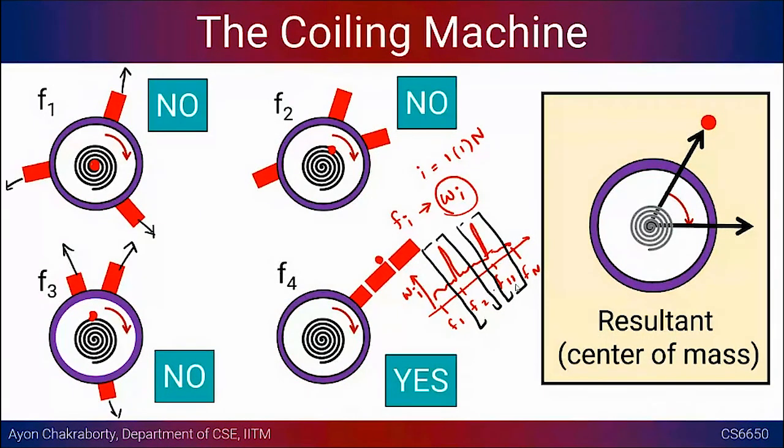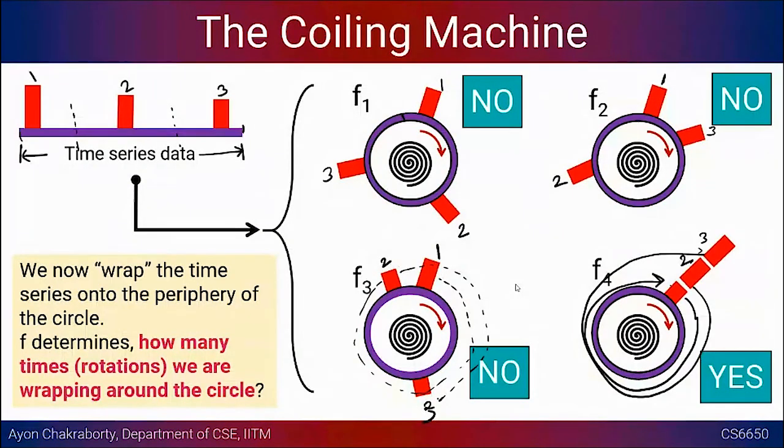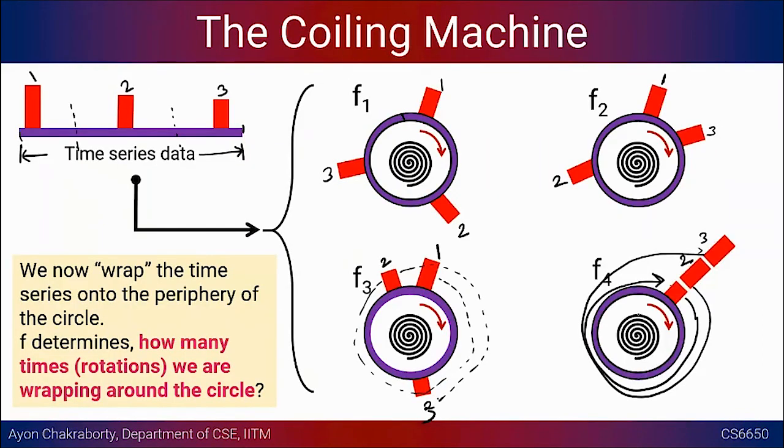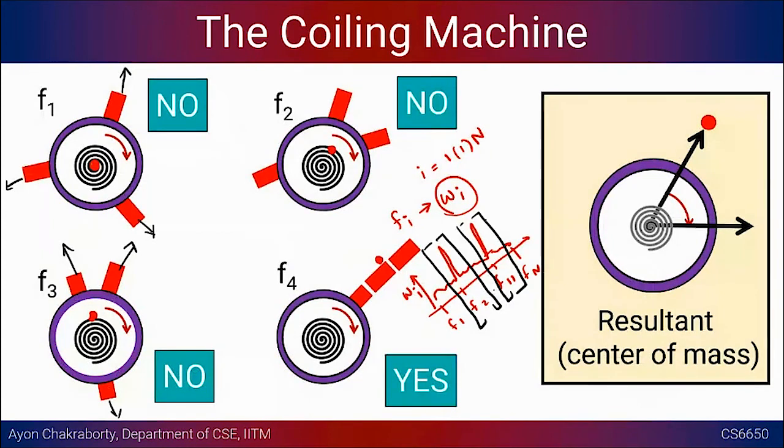Okay. So in this way, you can use this entire coiling machine as a nice filter. Okay, if you have any repeating components, if you ask the right question to the filter, that tell me whether a particular frequency is present, right, or some Fi is present or not, it can give you a relatively nice answer compared to the other Fi's, right? Don't get too bogged down in the exact value of Wi, but you can have a relative comparison of this Wi across the board, right? If you do a relative comparison of Wi, that can give you the relative importance of these weights.